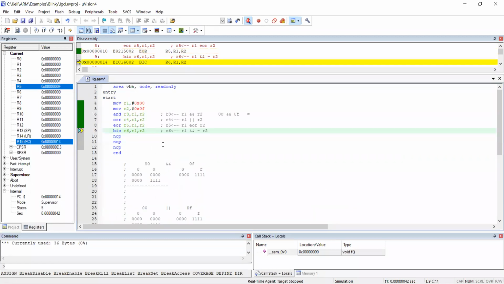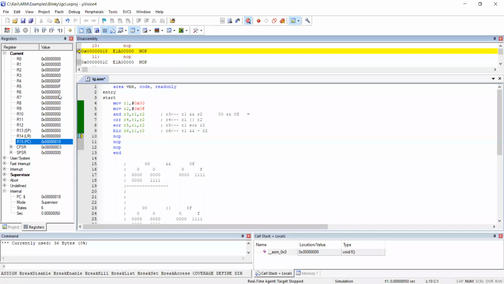R6 answer. So I think it is 0. Yes, we'll see. R6, well, it will be 0. So we will not get a yellow line, sorry, blue line, because R6 is already 0. It is going to be 0. So we will not get a difference there. Yes, R6 is 0. Is it clear now for everyone?